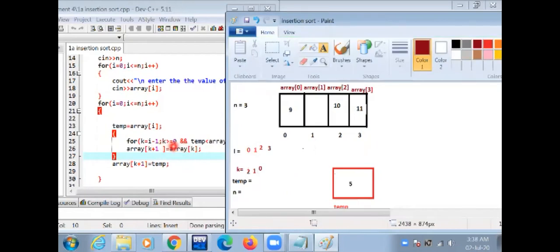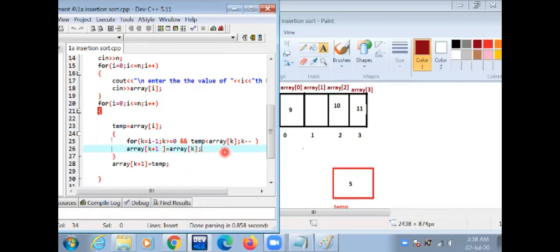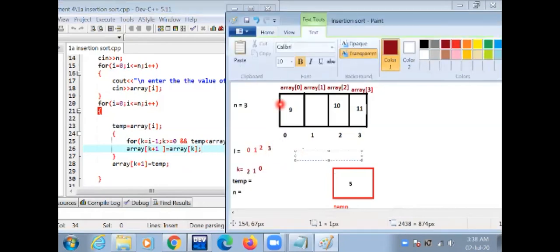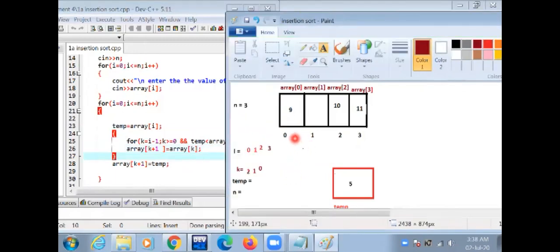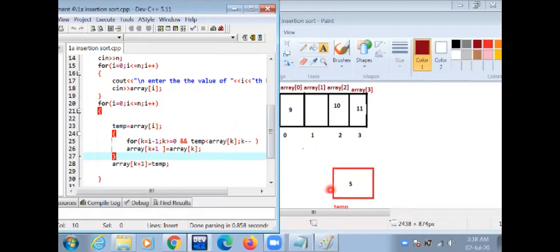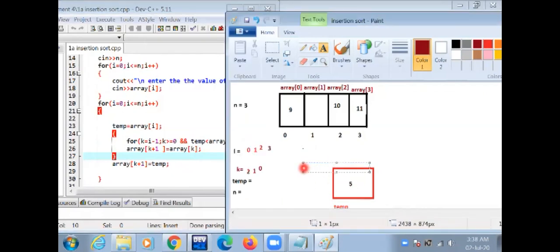and k greater than or equal to 0, the condition is true, and temp less than array[k]. The value of array[k] is 9, and the value of temp is 5. 5 is less than 9, the condition is true.